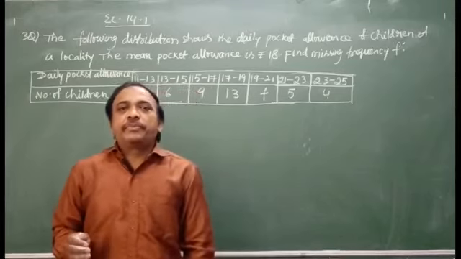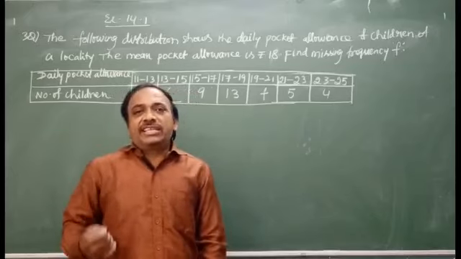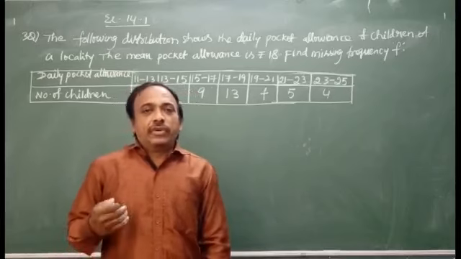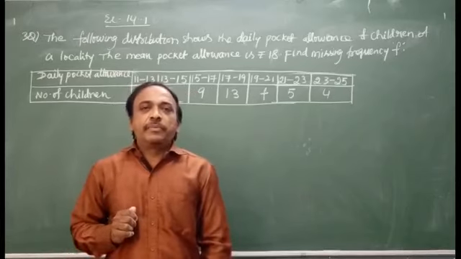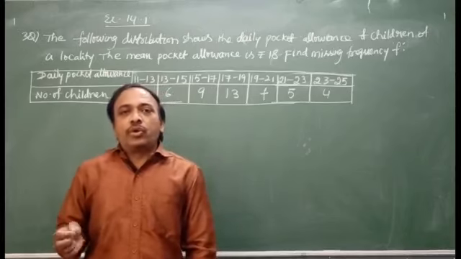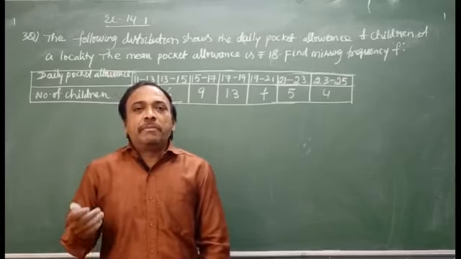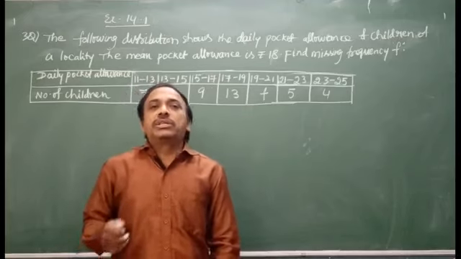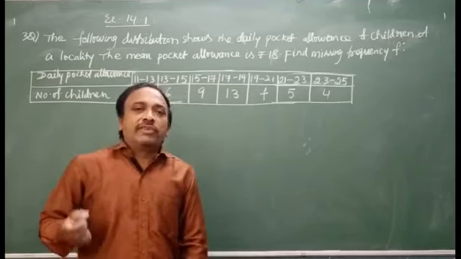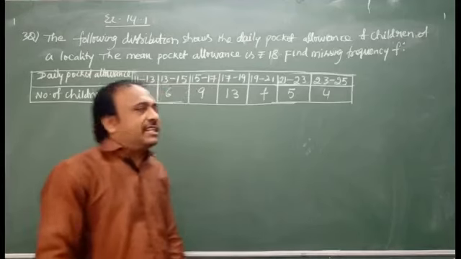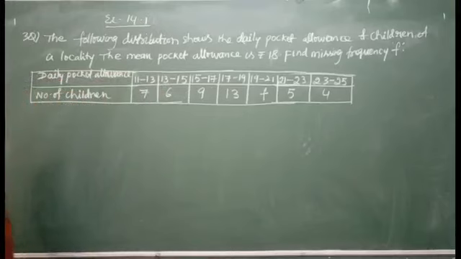We discussed mean by the direct method, the assumed mean method, and one more, the step deviation method. Now, if a frequency is unknown, a missing frequency, when they give it in the question, how do we find that missing frequency? We have one question from our exercise 14.1, question number 3.